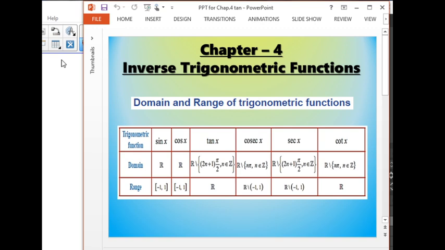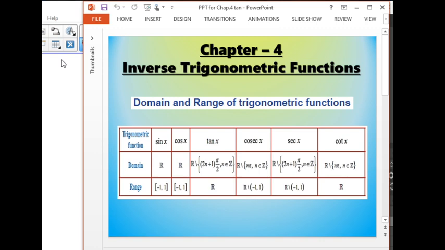So, good morning students. Today we are going to learn the tangent function and the inverse tangent function. In our previous class, we studied sine and its inverse function, and cosine, which we also call cos, and its inverse. So today we are going to learn tan and its inverse. Tangent is nothing but tan.